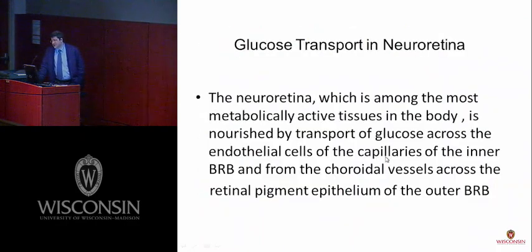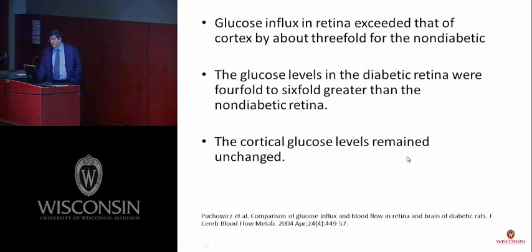To understand the reason behind this discrepancy, first we should know about glucose transport to the retina. We know that the retina is a metabolically active tissue, and it needs glucose from two sources. One source is through the endothelial cells in the inner blood retinal barrier, and the other source is the choriocapillaris through the RPE level. If we inject radioactive glucose in a rat and then remove the same amount of